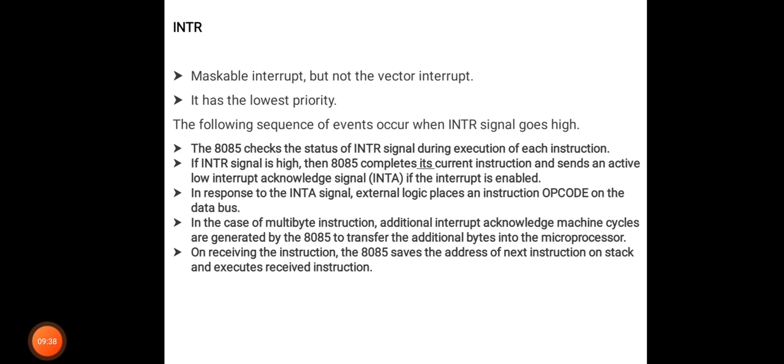The next one is the INTR interrupt. INTR interrupt is a maskable interrupt but not a vectored interrupt. Also, it has the lowest priority. Then there is a sequence that occurs when the INTR signal goes high. First, the 8085 checks the status of the INTR signal during execution of each instruction. The next one is, if the INTR signal is high, then the 8085 completes its current instruction and sends an